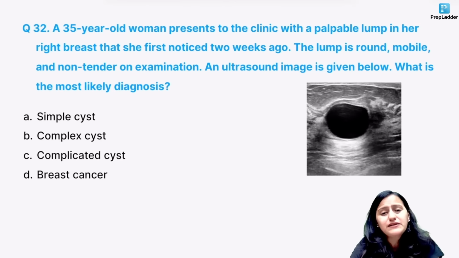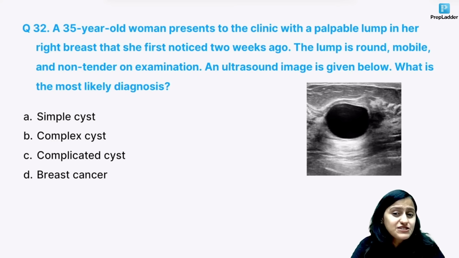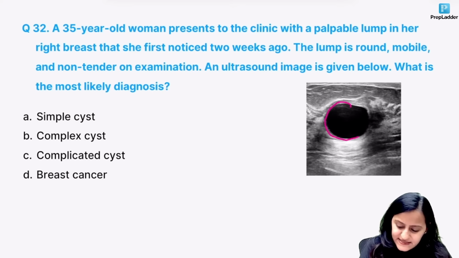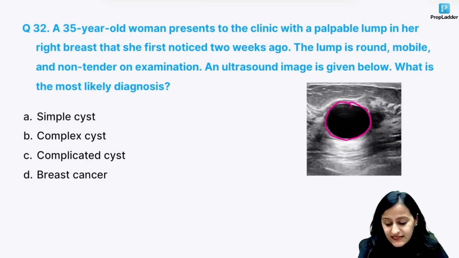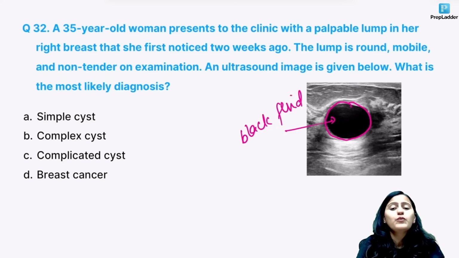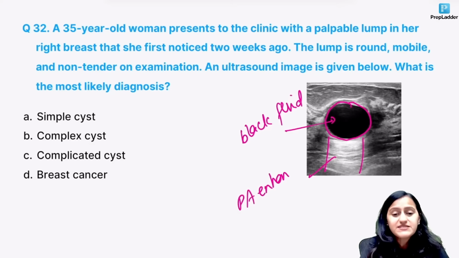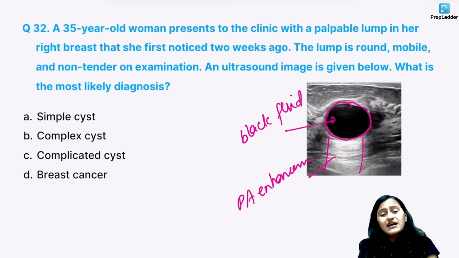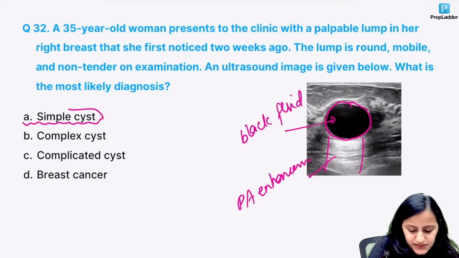Next one, look at the ultrasound image. That is a giveaway. What kind of lesion is it, cystic or solid? What tells me that this is a cystic lesion? Yes, guys, the lesion is jet black. What is jet black on ultrasound? Fluid. What else proves that this is cystic? Look at the area behind that lesion appearing white. Posterior acoustic enhancement tells you that this is clear fluid. There is no hemorrhage, no pus. That means it is a simple cyst.